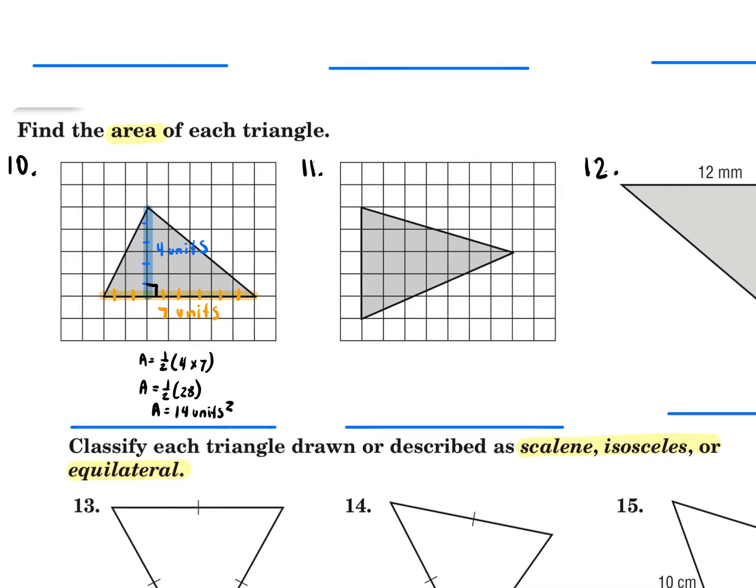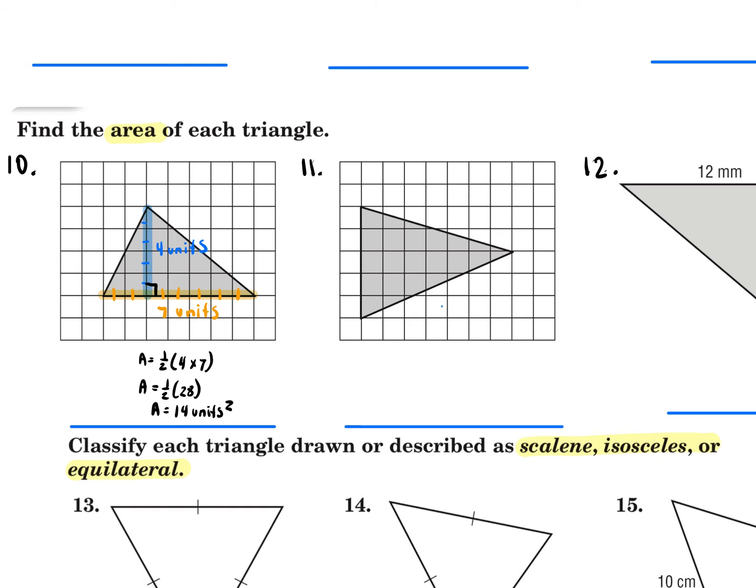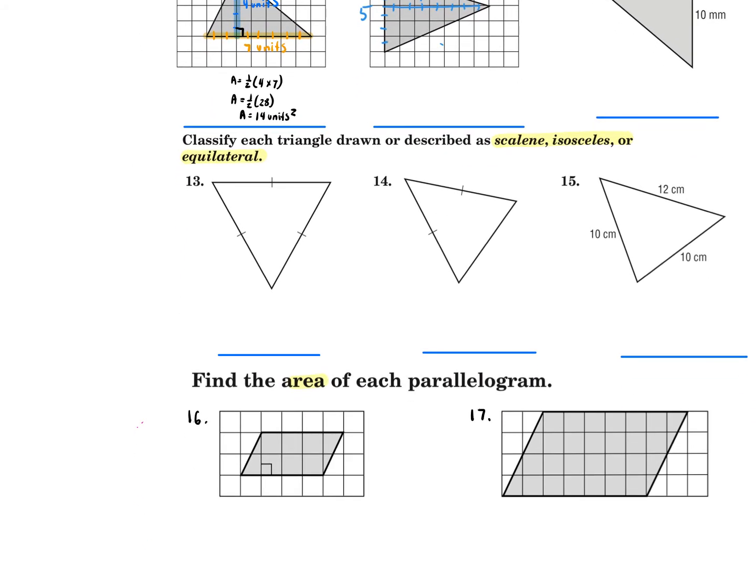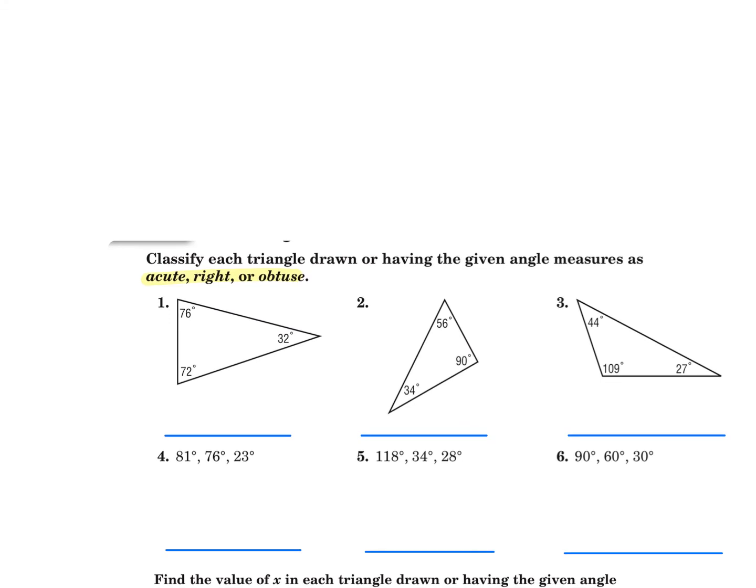Remember, count the units just like we did last week when we counted here, right? 1, 2, 3, 4, 5 units. And then we found our height and we counted 1, 2, 3, 4, 5, 6, 7 units, right? Find the area of both those parallelograms. If it has a right angle in it, will that unit be like double units? No. And then you're going to submit this to Canvas under